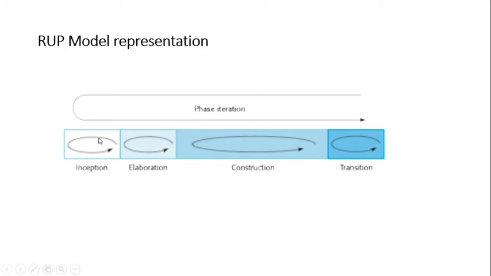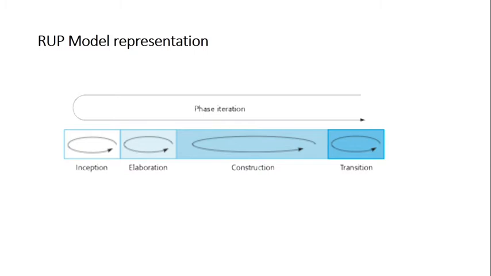All the 9 activities are present in each phase, but the difference is that the effort of each and every activity is different in different phases. In inception, the effort of the requirement activity is more, while others are carried out in the least way. Even in elaboration, requirement is carried out in a maximum way, others are least. Here requirement is least, but design, coding and testing are maximum. Here requirement, design, coding and testing are least, while implementation and maintenance are more.